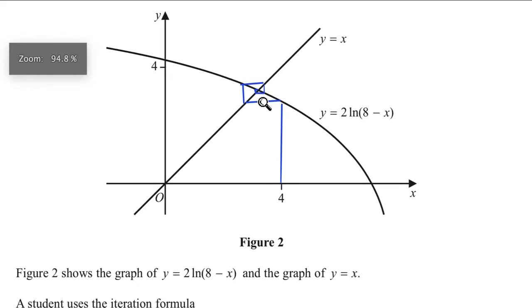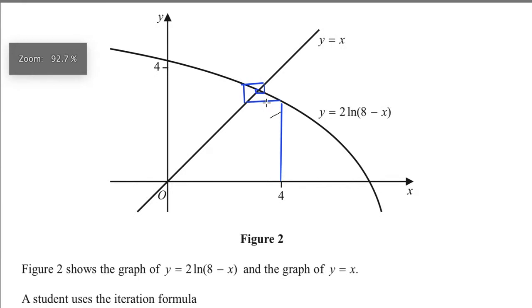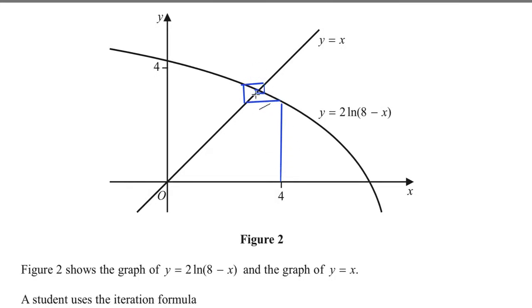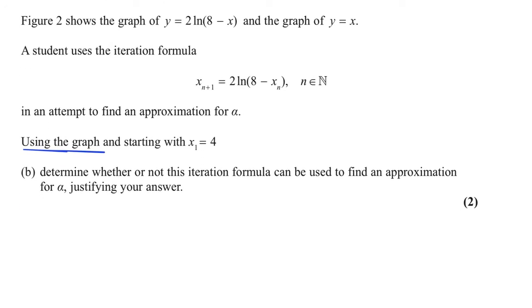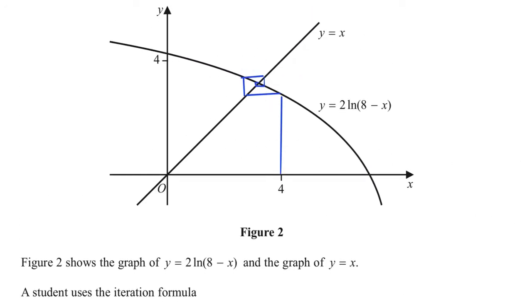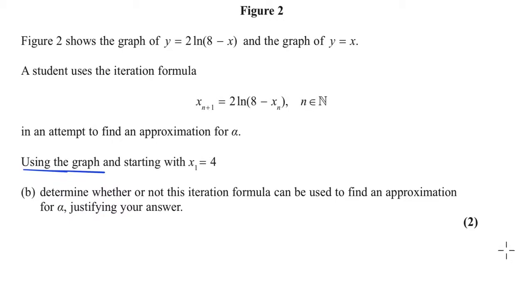Okay, and we have to be able to recognise a cobweb diagram, and it's because it's closing in like a cobweb. The other option is a staircase diagram, which happens when the gradient's positive. We've got to put a negative gradient here, and we always get a cobweb diagram when the gradient's negative. So that gets me a mark for that diagram, and I need to explain what's happening. So it says determine whether we can use the iterative function that we've got to find an approximation, and the answer is we can. So yes,